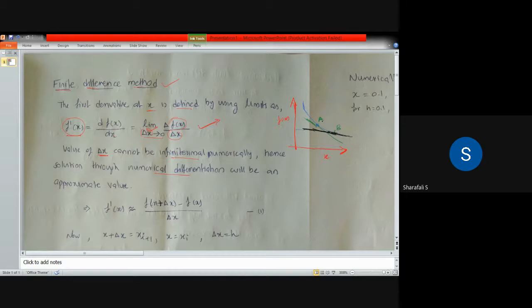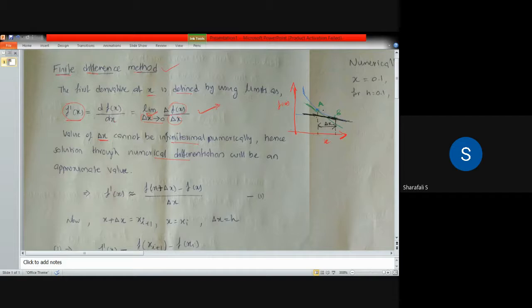So when you are having this delta x variation, if you consider this as your first point and this as your second point, delta x is this difference. If delta x is much larger, which means the points are well separated, then these tangents are very much different, so your solution when you do the differentiation will also be very much different from the original solution. When you make B very close to A, so that delta x is very small, approaching 0,